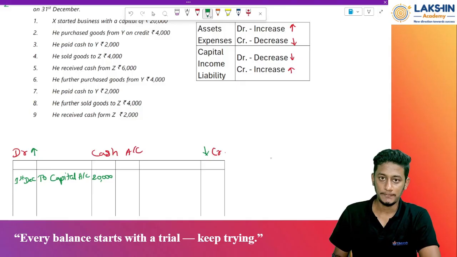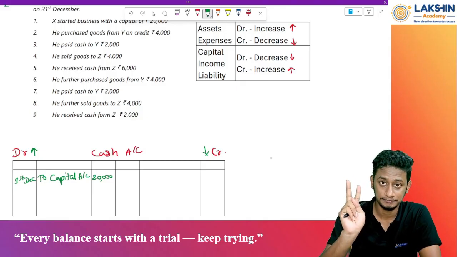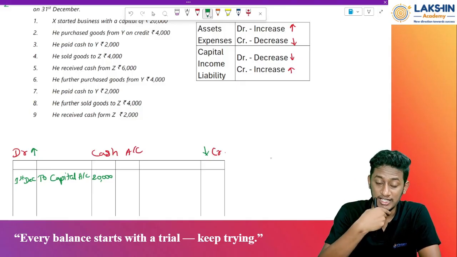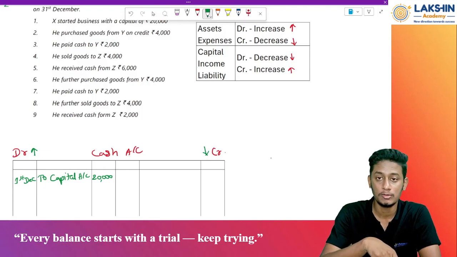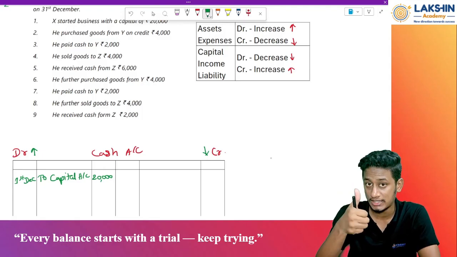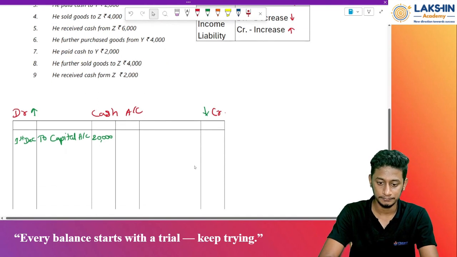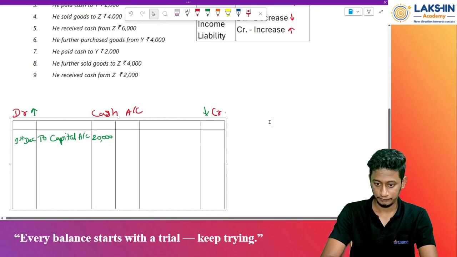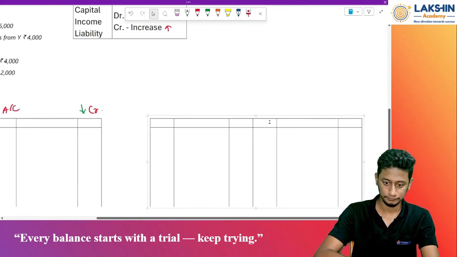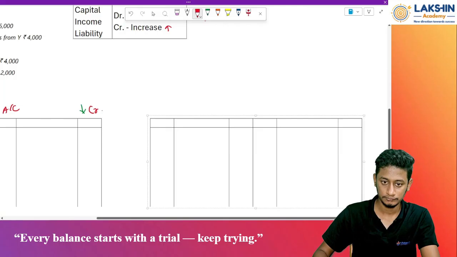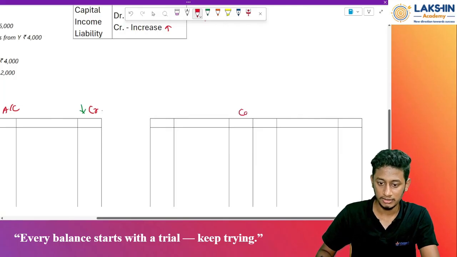This is my first entry. So, there will be a double entry now. Right. So, what is the next account that needs to be opened? It is the capital account. We have opened the cash account now. The next account is the capital account. Let us open that also. Okay, so this is my